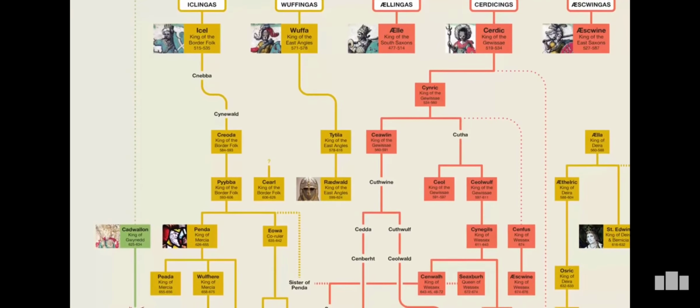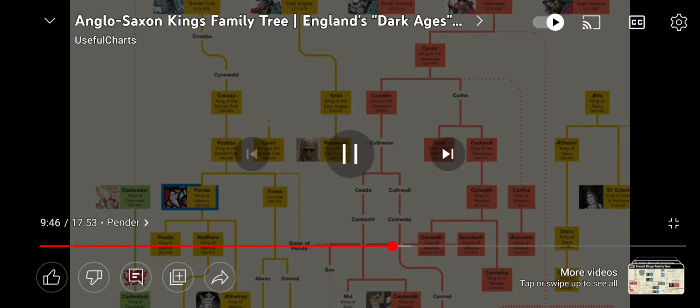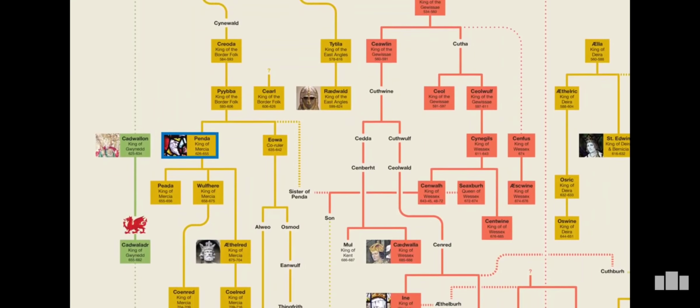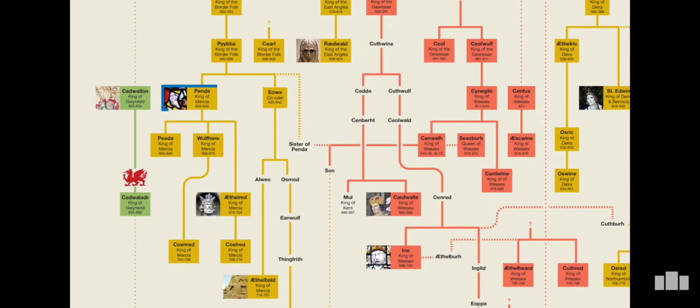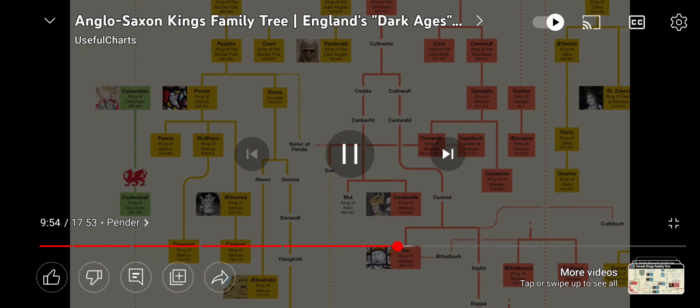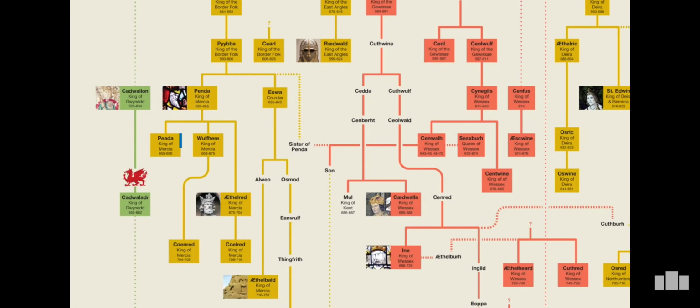The first really powerful king of Mercia was Penda, who I've already mentioned as being the last major pagan king from any of the 7 Anglo-Saxon kingdoms. However, after Penda's death, his sons converted to Christianity. Peada was the first to rule, but he did so as a subordinate to Oswy of Northumbria. He was murdered in less than a year, making his brother Wulfhere the next king. Wulfhere managed to gain back control of Mercia from Northumbria, and it was during his reign that Mercia replaced Northumbria as the dominant Anglo-Saxon kingdom.